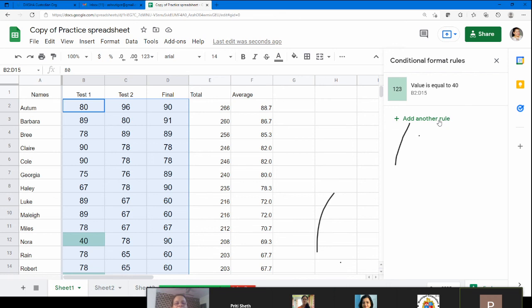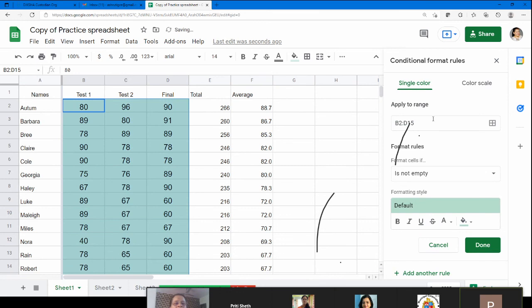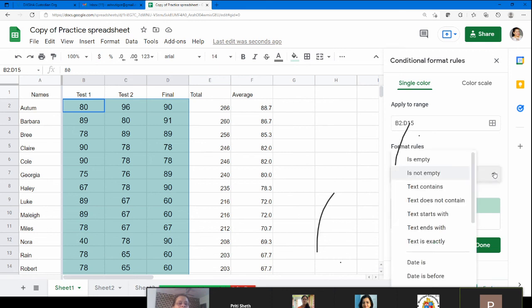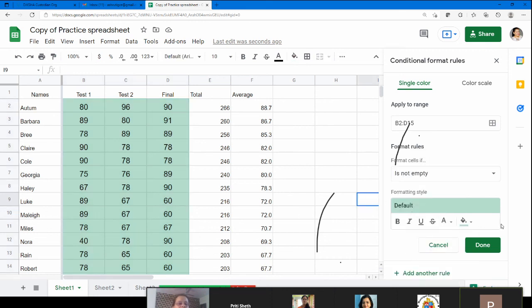Trupti, I request you to please not interfere here for the time being. Let me try it again. What happened? Oh, sorry, I had to add another rule.